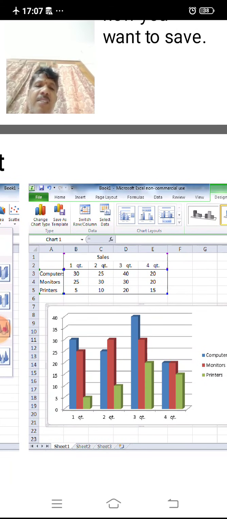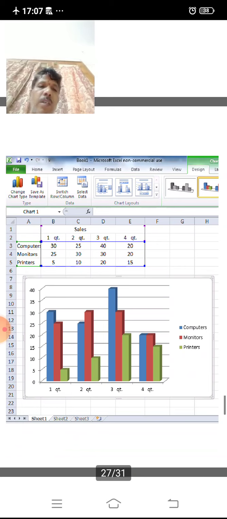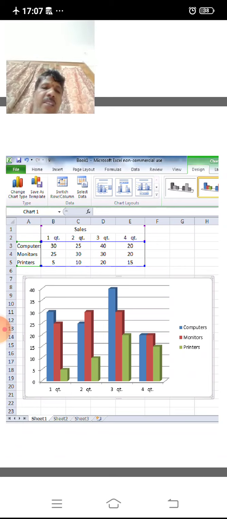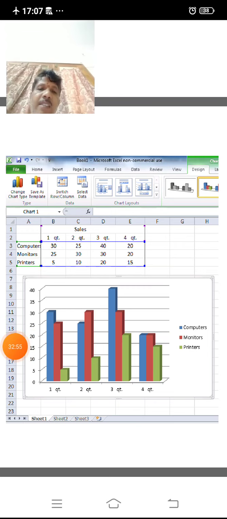This is computers, monitors, printers. Here blue indicates computers, red indicates monitors, green indicates printers. The information is given here: first quarter, second quarter, third quarter, fourth quarter.